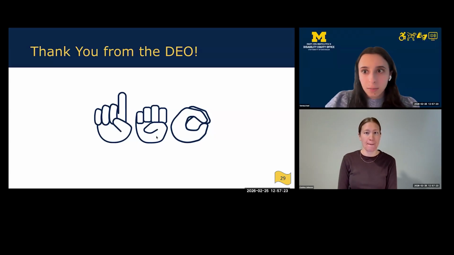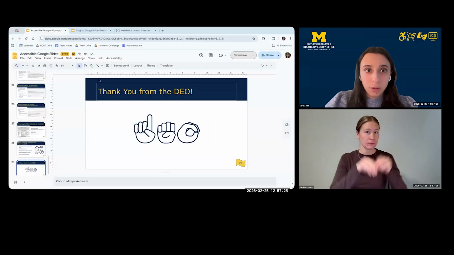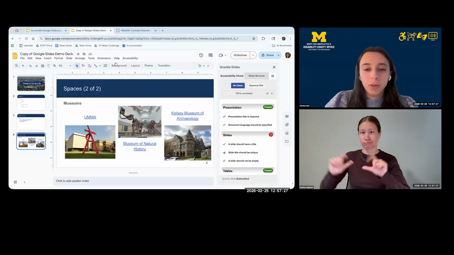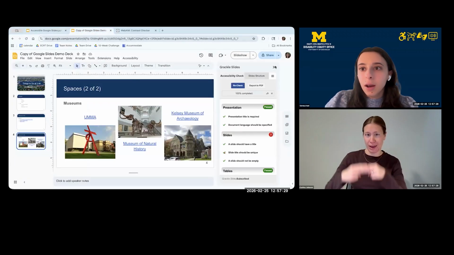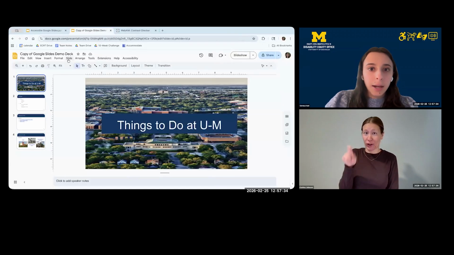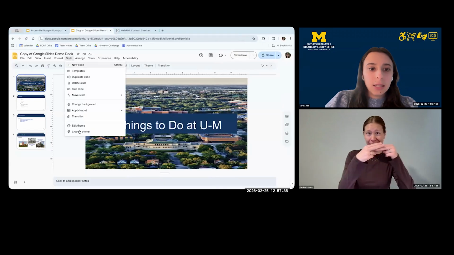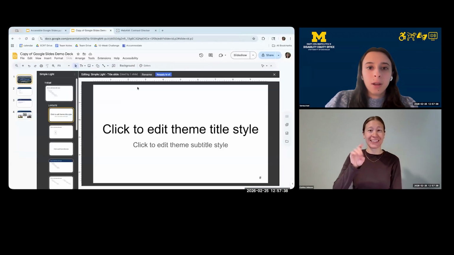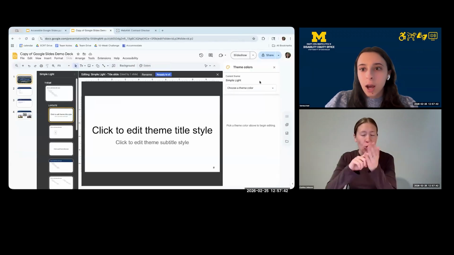Yeah, so I will actually exit out of the slides for a moment so I can go back to that demo view. So for adjusting the colors for the theme, I can do that by clicking Slide, Edit theme, and then this Colors, Theme colors option up here.